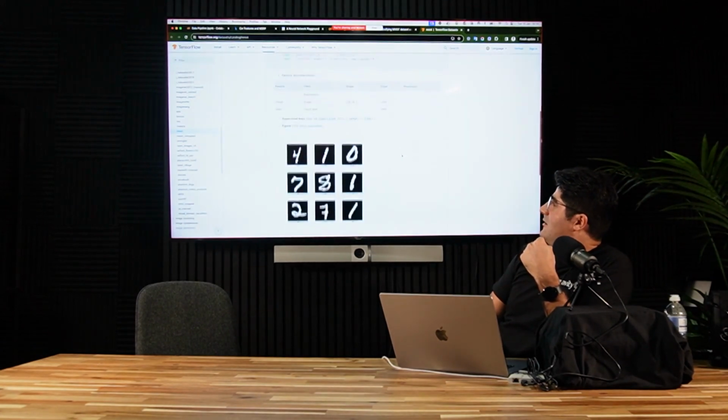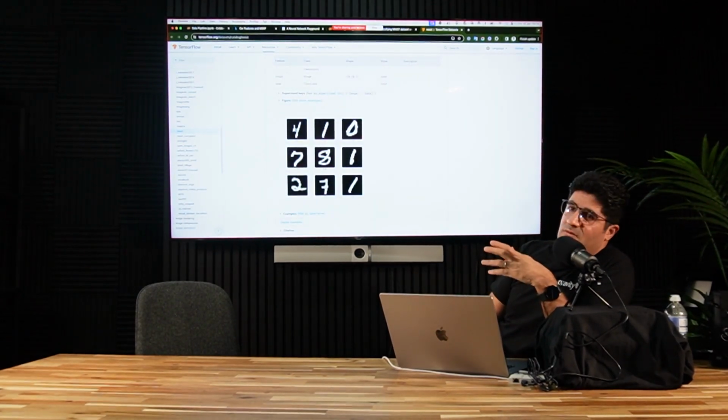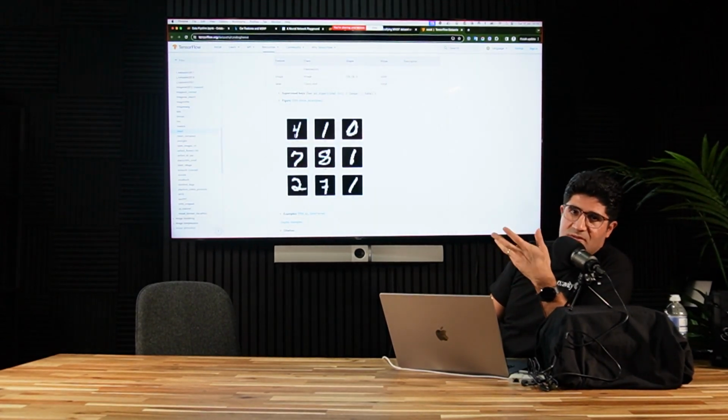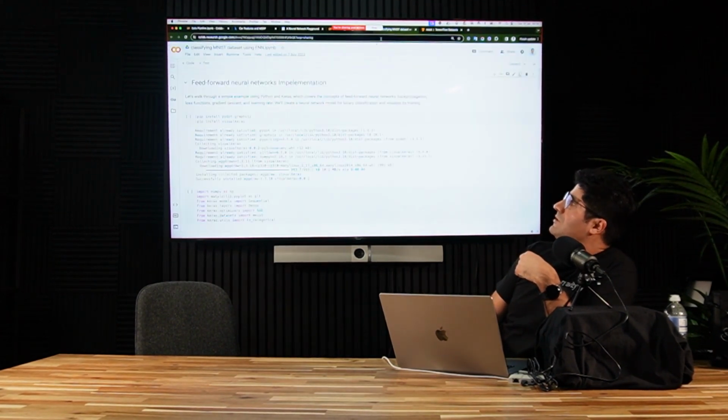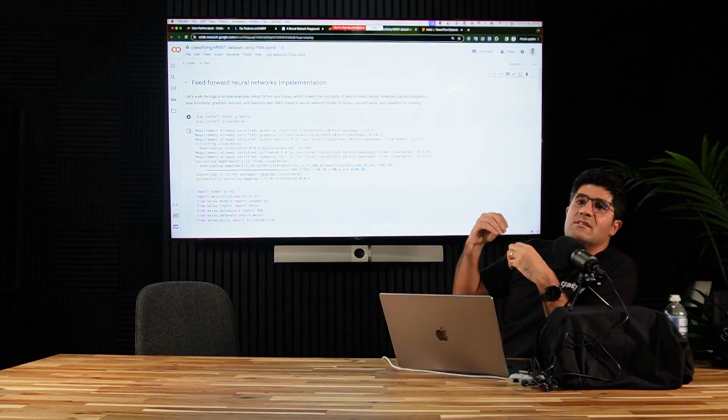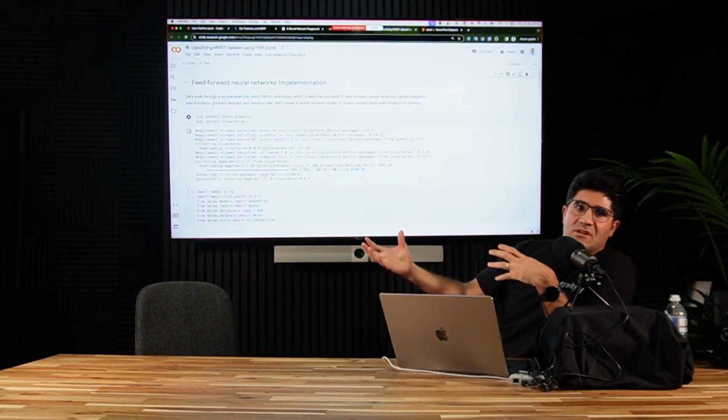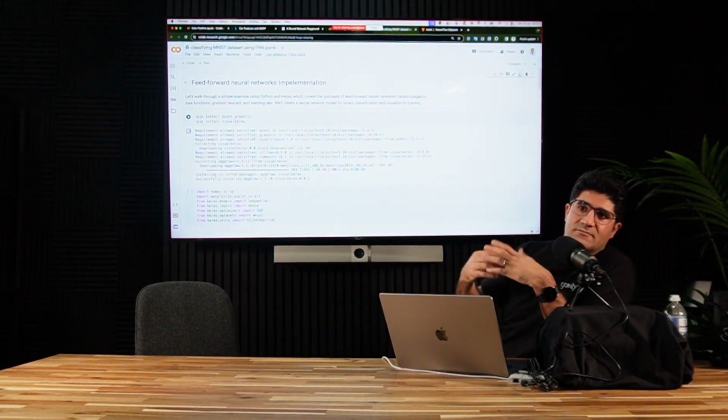It's very simple. We have a handwritten digit as an image, and what we want to do is create a model to tell us whether the digit is greater than 5 or less than 5.